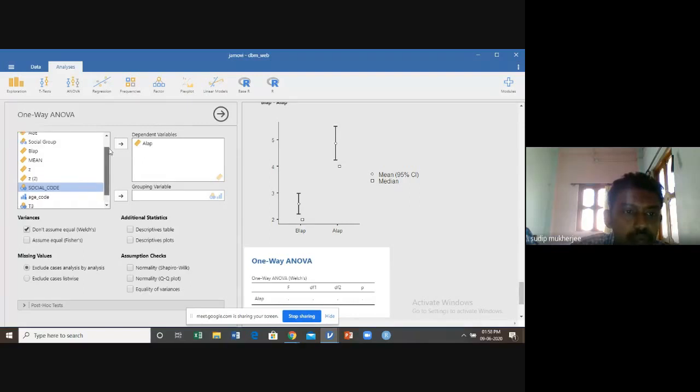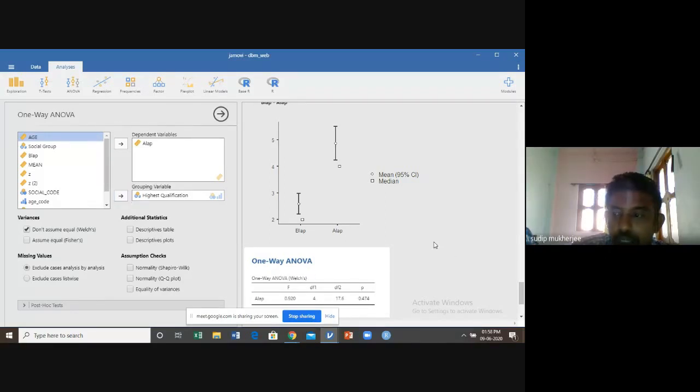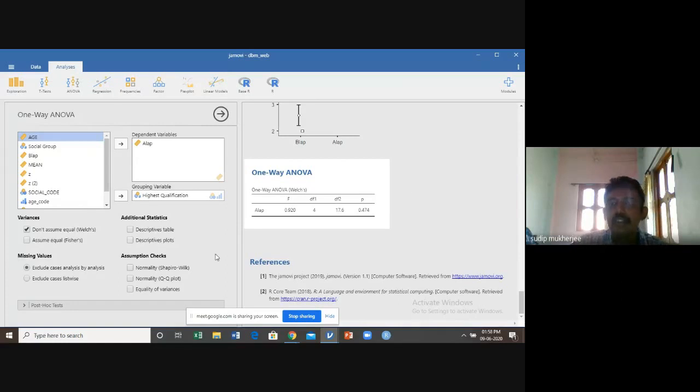So what is the variable of interest or the dependent variable? Use of laptop after lockdown. What is the grouping variable? Grouping variable is highest qualification. And see, this is the output. Once again here the p-value is more than 0.05, which means qualification doesn't matter for computer use.